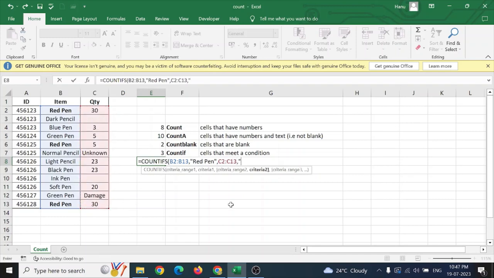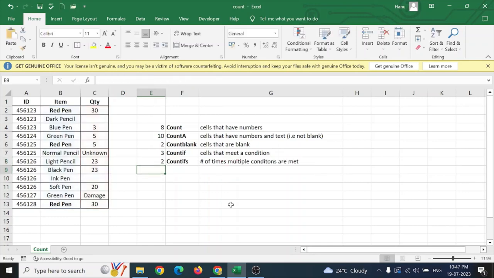So I will be adding here 30, bracket close, enter. You can see red pen is of 30 quantity here. And here they are less, so it has not taken them, and here they are 30, so it is giving me the count. So this is how COUNT, COUNTA, COUNTBLANK, COUNTIF and COUNTIFS work.